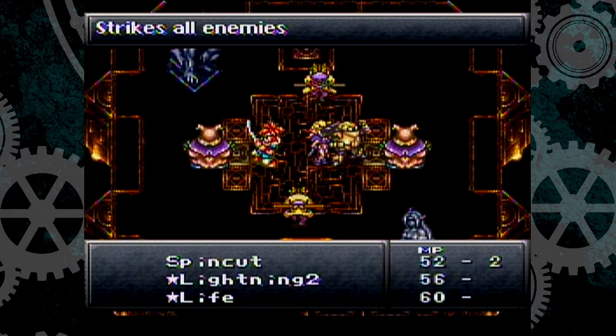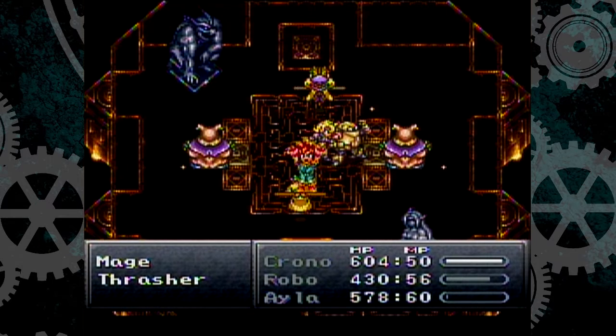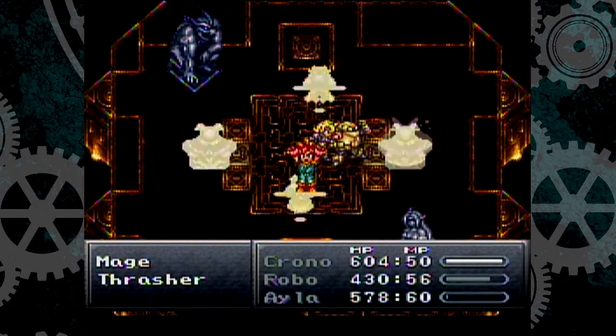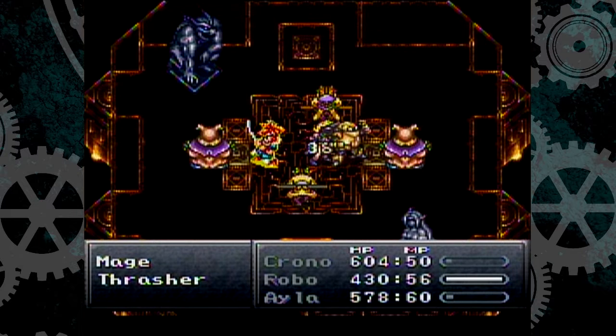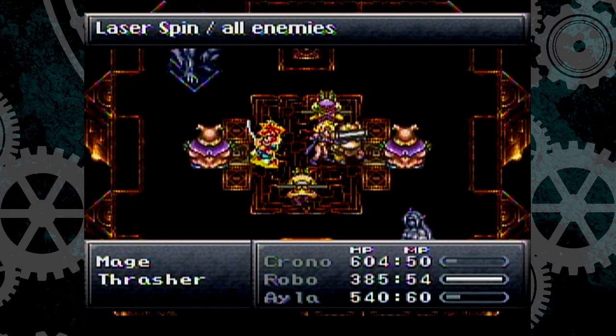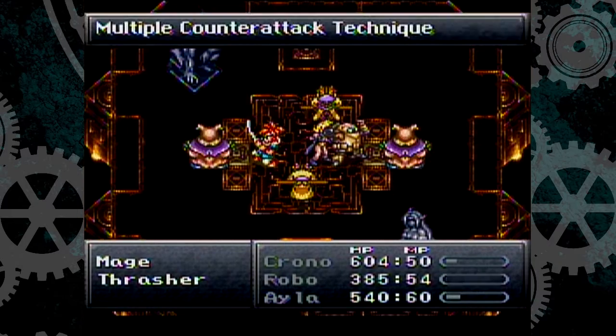I may not get good stuff. Oh, Ayla. Or Charm can miss altogether. You know? Charm is annoying, I'll say that. It's useful, and if you want certain items, it's essential, but honestly, I'll say this, when it comes to JRPGs,